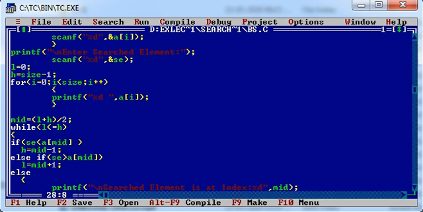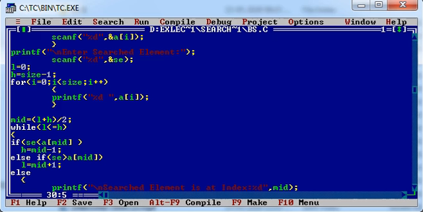First of all, I will continue the procedure till the lower bound value is less than or equal to the upper bound value. Now in this while loop, I will compare my searched element with A of mid. It says that I will compare my search key with the middle pivot element.